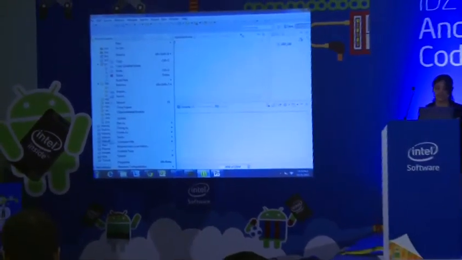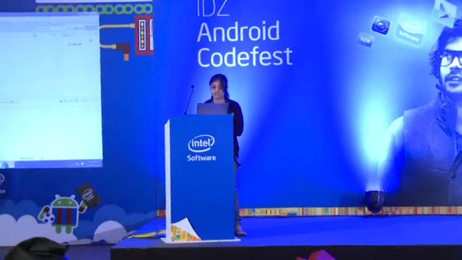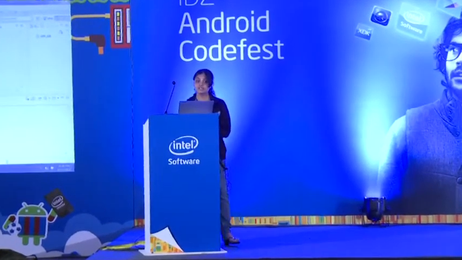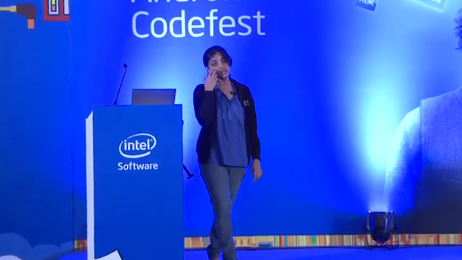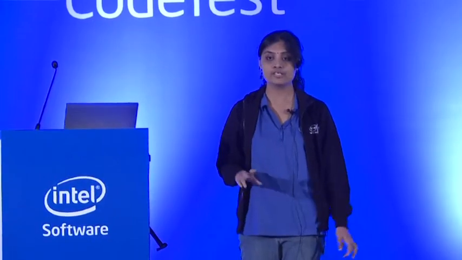So that's it. And after that, you just have to build your project and then run as Android application, if you are running an x86 emulator. And if you want to run it on a real device, has anyone used ADB here, Android Debug Bridge? Yeah, you have to use ADB. If not, I can come to your tables and talk about ADB. ADB is a tool in which you copy your APK files from either your device to emulator or your device to another Android actual device. So you use ADB to install your APK onto the actual device and you can run it, right?